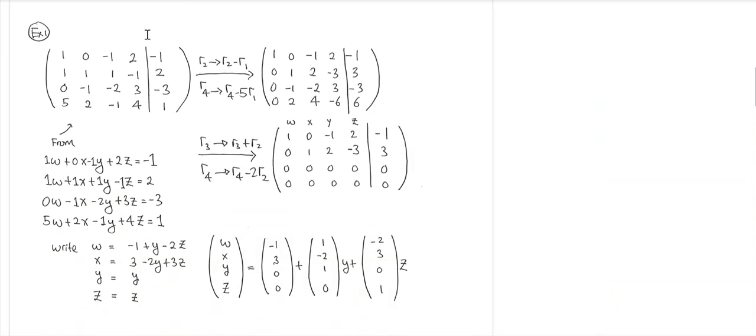Suppose you have a system of equations. You have four equations with four unknowns. The unknowns are w, x, y, and z. The first thing you do is write the system of equations as an augmented matrix, and you want to reduce it. The reduction procedure using Gauss-Jordan elimination says that first you identify the leading one,